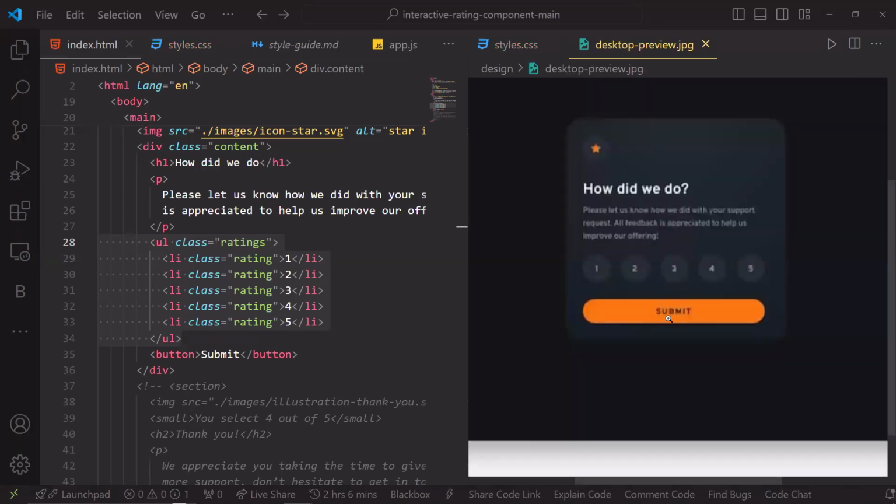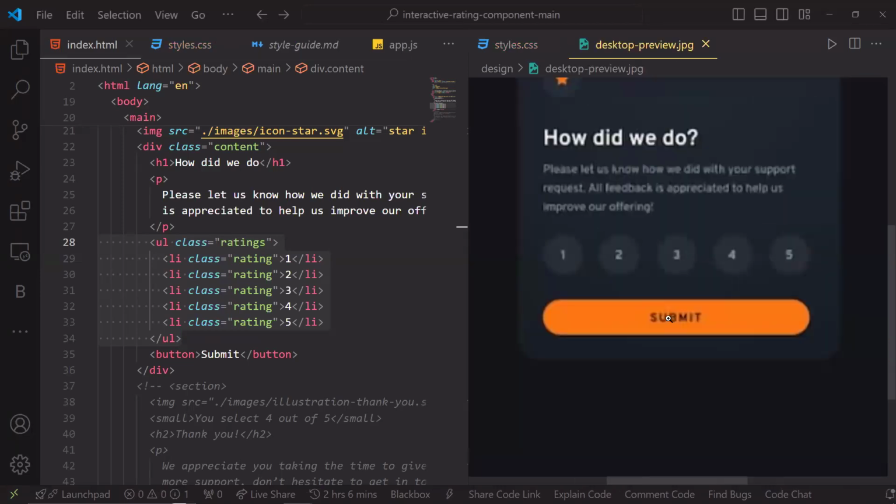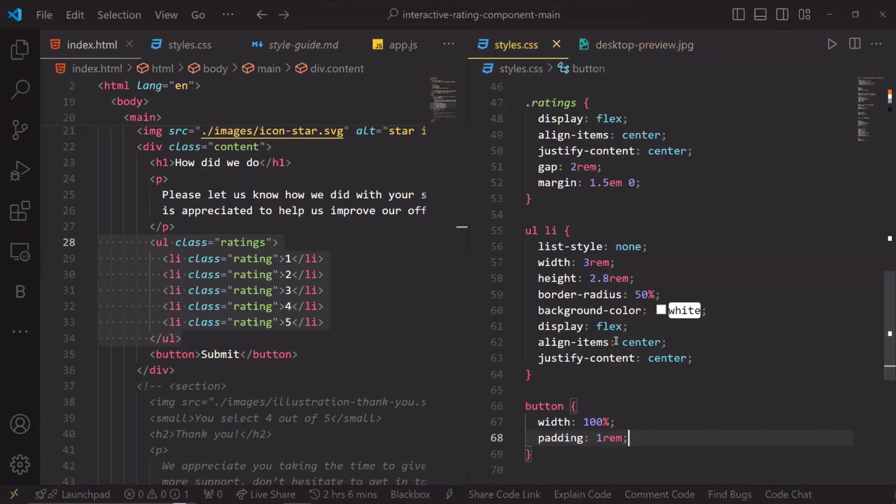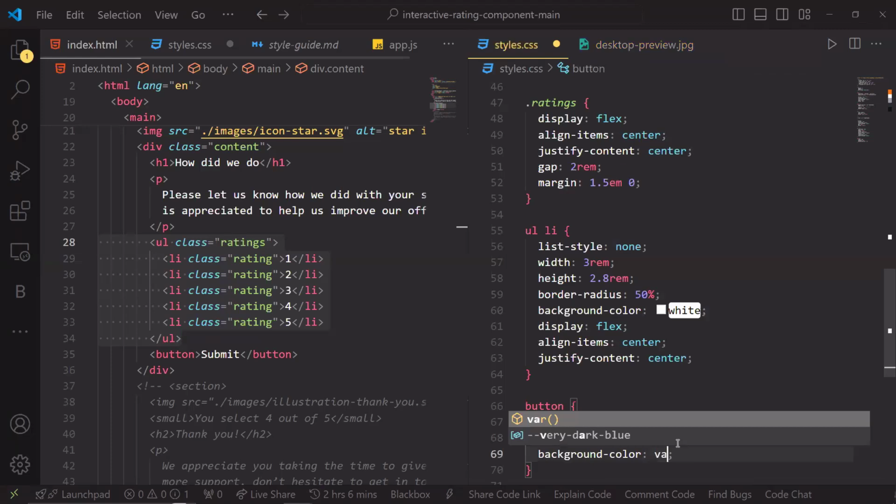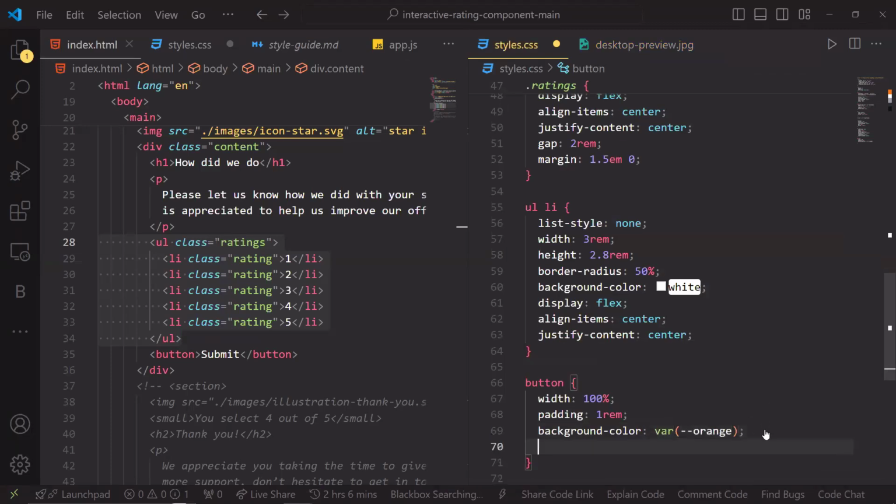So I'll show you guys how easy it is when you're working with Figma. You don't have to do all this guessing and calculation in your head. Figma provides you with the value and it makes work very easy. So let's say background color, we have that. Then our text is